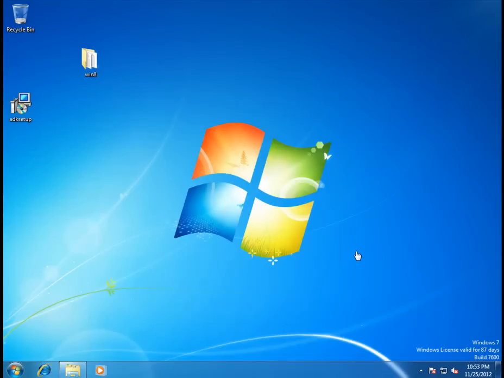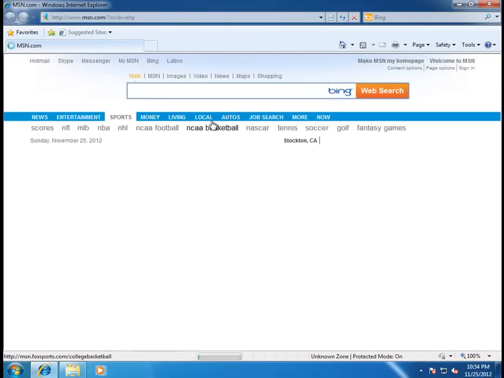Hello everyone, this is going to be a tutorial on making a fully unattended install for Microsoft Windows 2000. I believe you can use this also for Vista, Windows 7, and also the new Windows 8. Now currently what I've done is I've actually installed my Windows AIK, or Automated Installation Kit, and I'll go ahead